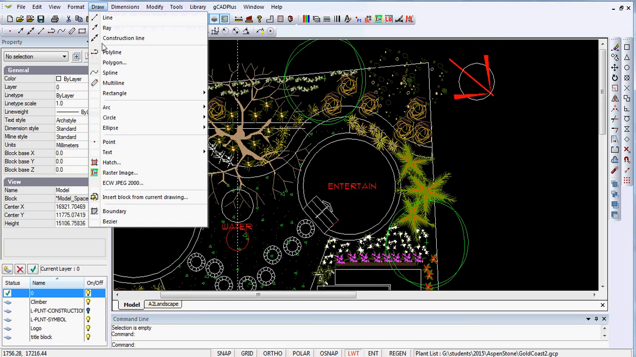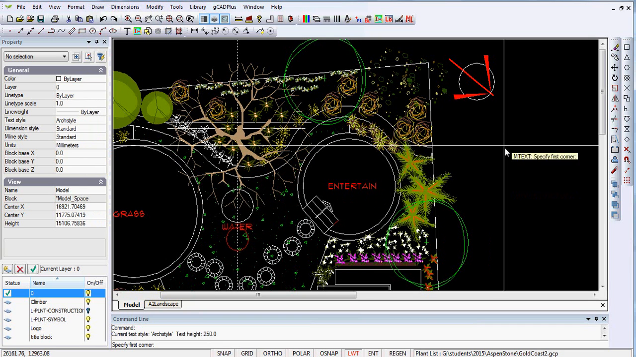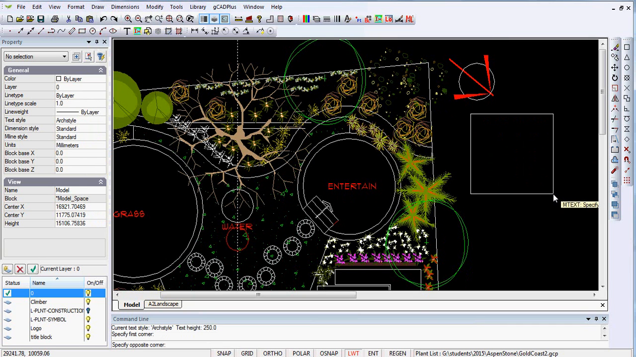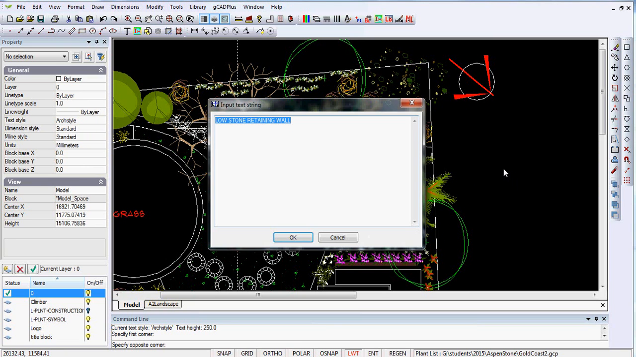So we can say draw text, and we have a number of different types of text. Where you've got a relatively large set of text, you might prefer to use multi-line text. That's this second option. You're asked to specify a corner and then another corner. So the text is going to go into a box, and the text will word wrap within that box. So we say, low stone retaining wall, ensure